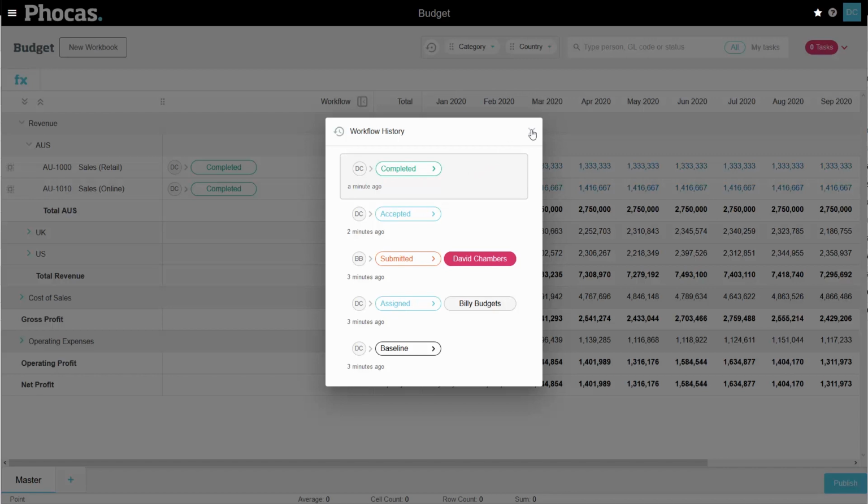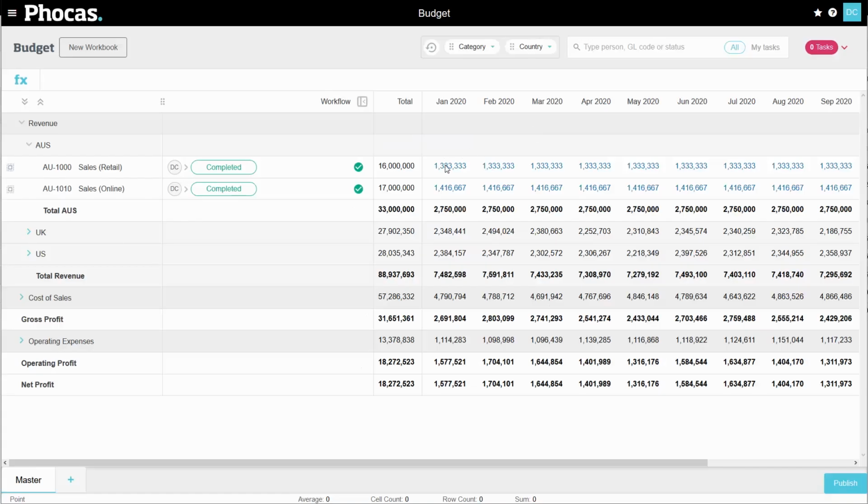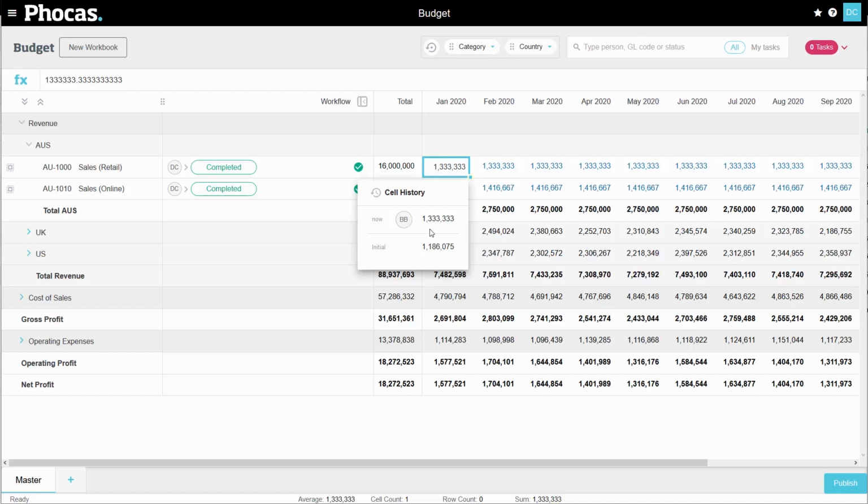If I want to see what the changes in the numbers were, I close that down and I just right click in one of the budget cells, and in this case select cell history. And what you'll now see is it was initially set to 1.18 million, it was updated by Billy to 1.33,